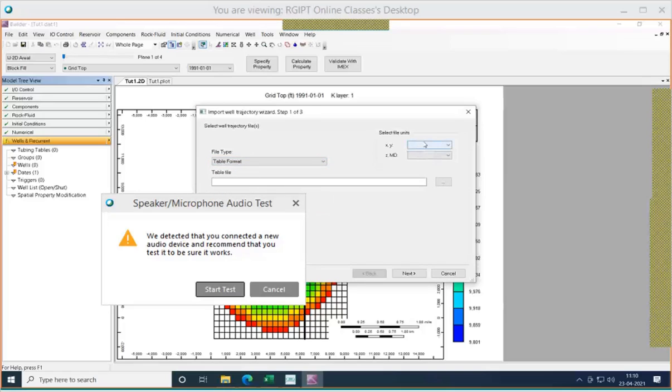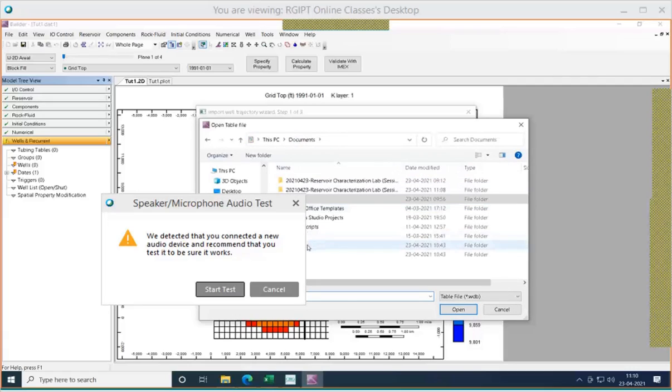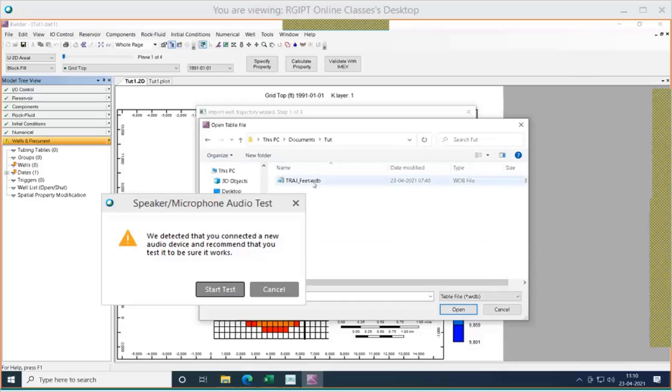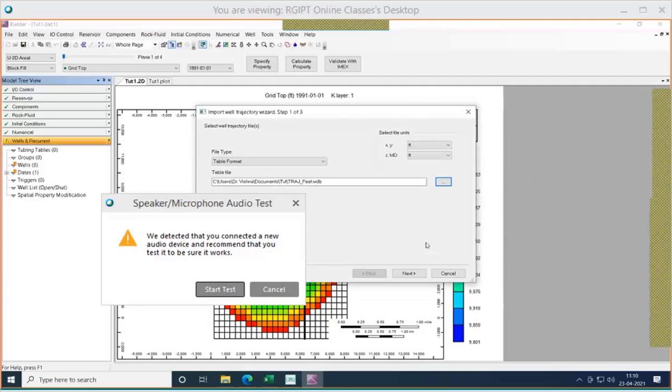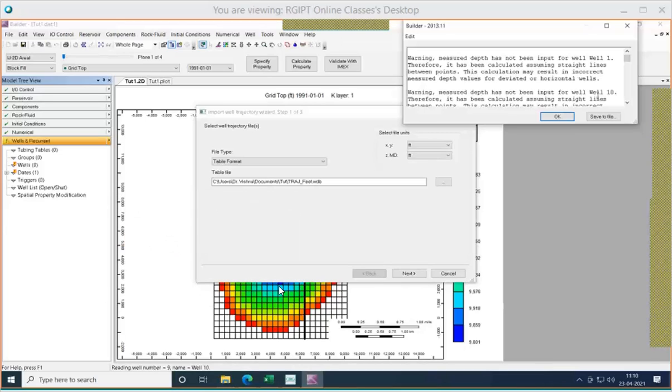Right now we have a table format, and the dimensions are in feet, so let us select that one. Let's open that one, then click next. Some warnings are there, that means some values may not be available in that file. There is no issue for that. Let's click okay.